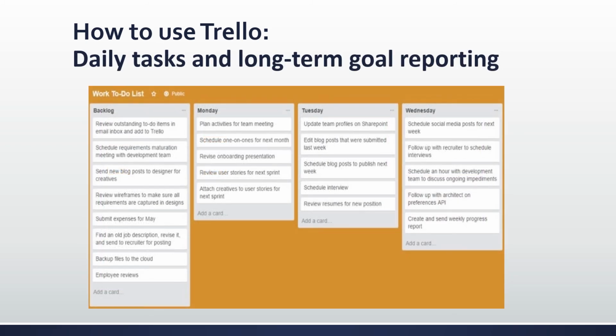Daily tasks and long-term goal reporting. If you struggle to keep track of things you have to do at work or are having trouble prioritizing assignments, an individual to-do Trello board can help you get organized and be more productive and plan and keep track of your workload. Even if you have an excellent memory, are incredibly organized, and never forget tasks, a Trello to-do board